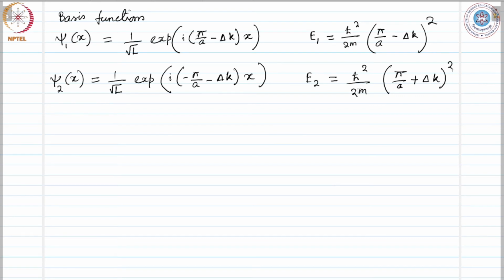So the secular equation would be obtained by the determinant